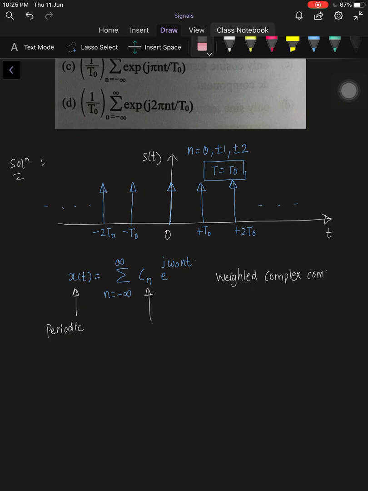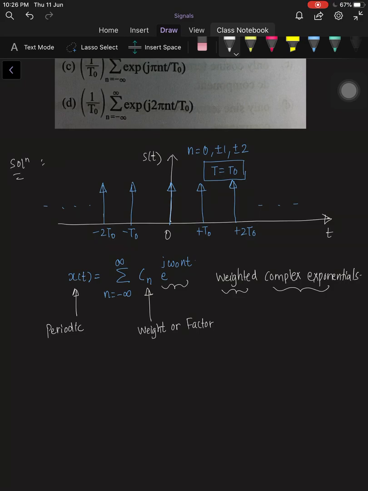We'll go word by word, weighted complex exponential. So we know that this is a complex exponential and this is the weight or the factor